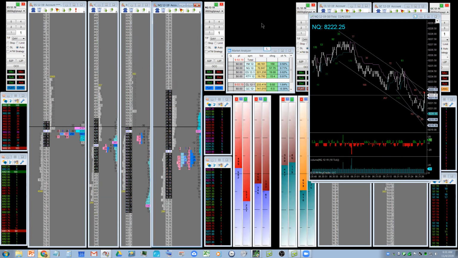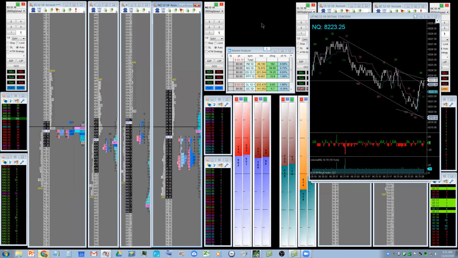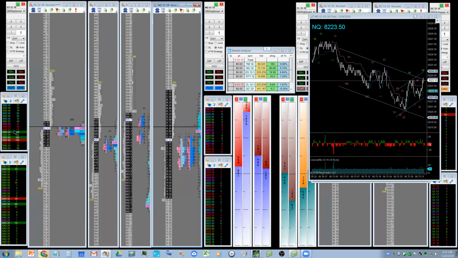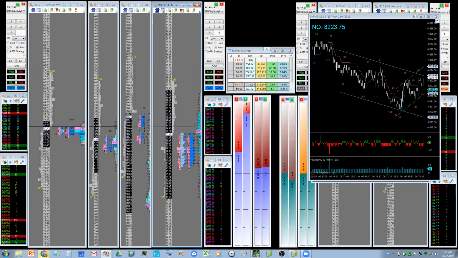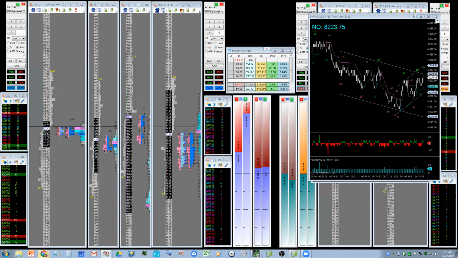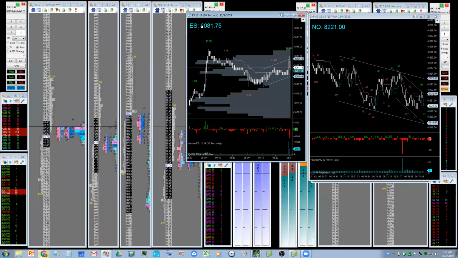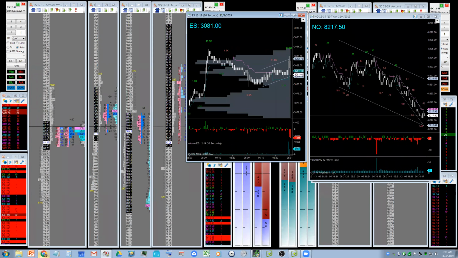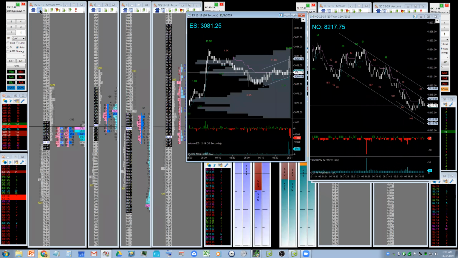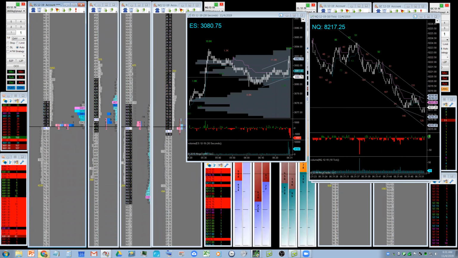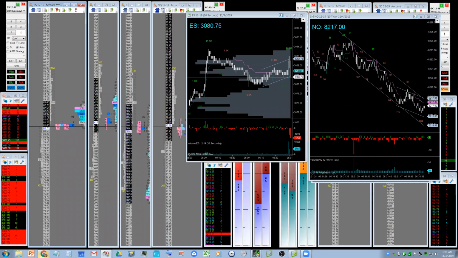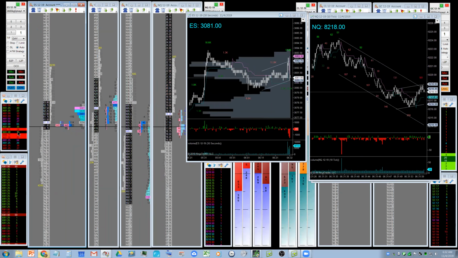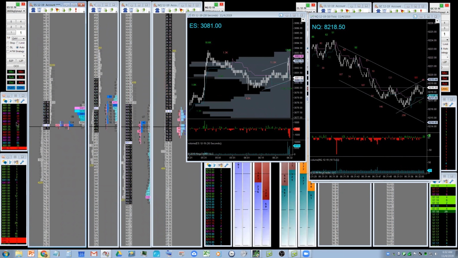Is this a short? Maybe. But the problem with shorting this kind of energy this early in the day is you can really get hosed. So I would be more interested in waiting to see if it starts to roll over. So let's do that. This is the 30-second for the ES, and this is the 10 tick for the NASDAQ. So if this continues down like that, this is a really good short. Might be. I don't know. My gut is still that there's going to be another pop here, but I tend to trade light on Mondays because of that Ides of Monday thing, guys.